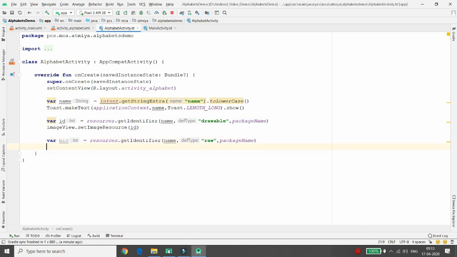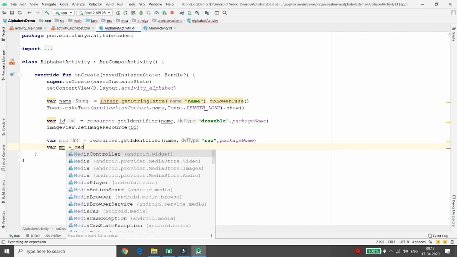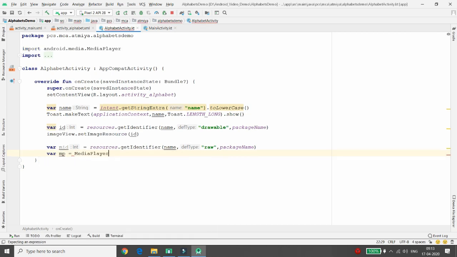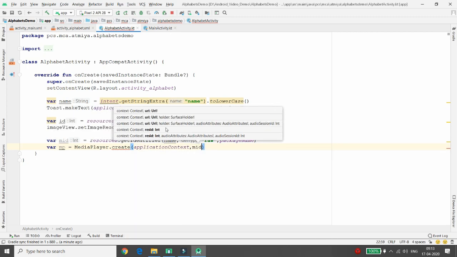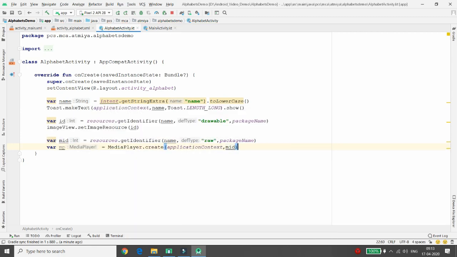Now you need to create the media player, right? So I'm just creating the media player using the MediaPlayer.create function. You can call the function create, which has so many arguments, but you can pass two simple arguments. One is the context and the second one is the media player ID. See, whenever the user clicks on A, for example, A will be passed here and it will be converted to lowercase.